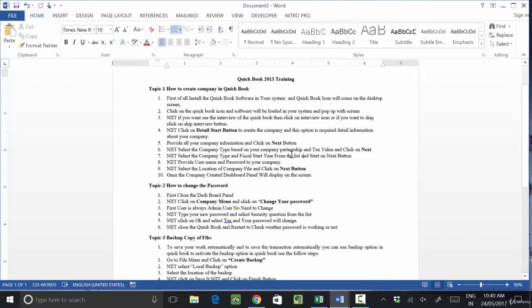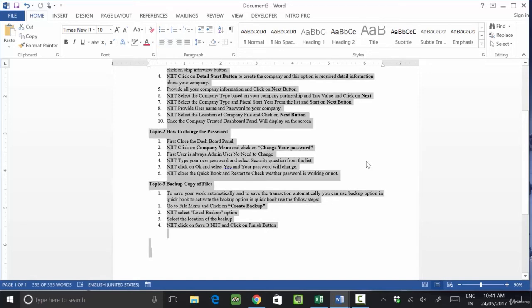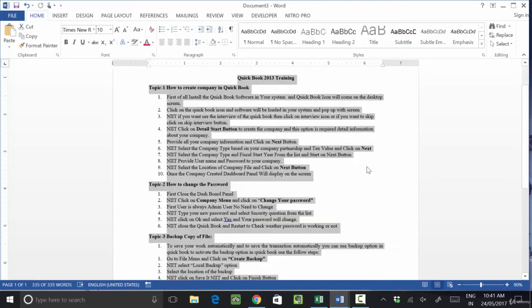Another method to select the text is, for example, if I want to select the text from left to right, you have to press Shift and the arrow key from your keyboard. It is selected from left to right. And if you want to select from right to left, you will press Shift plus Home key. So it will select to the left side. This is a selection method. And if you want to select all text, you will press Control A, and your whole document text will be selected.